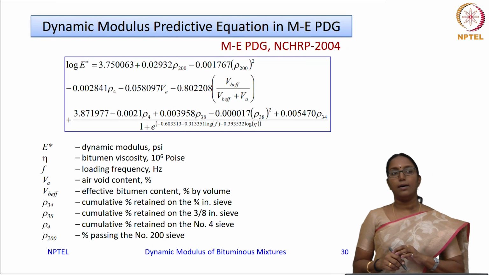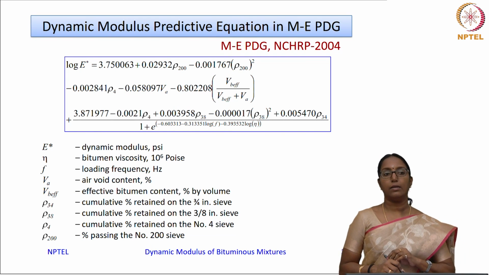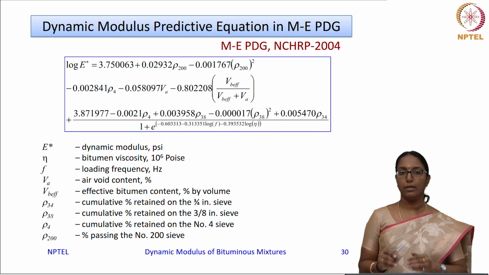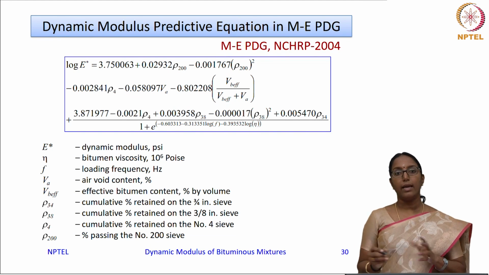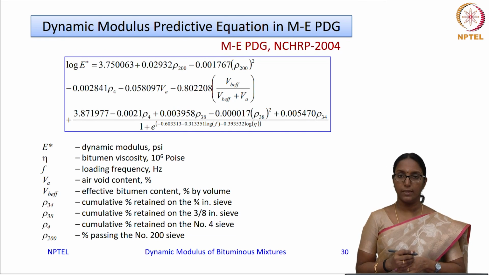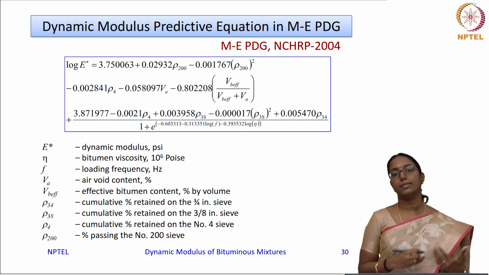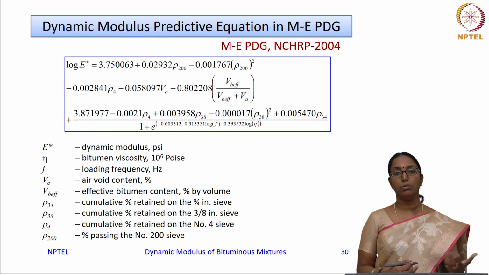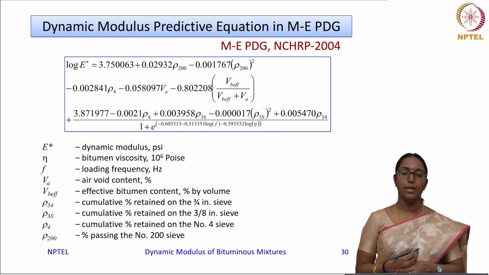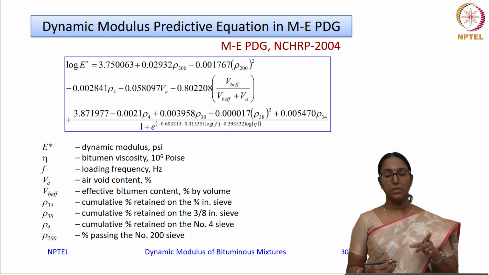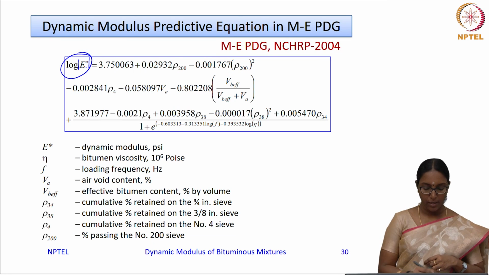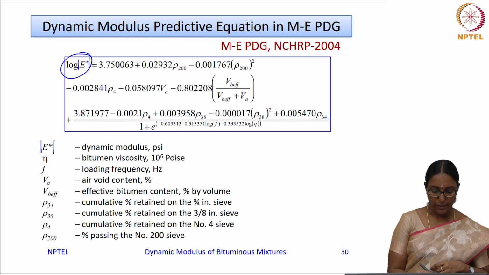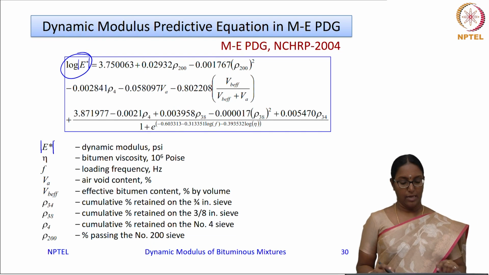Now, this is how we estimate the dynamic modulus and phase angle of the material in the laboratory. In MEPDG, they also suggest that if this testing setup is not available, you can go for a predictive equation. They have provided a predictive equation to find out the E star value. This is actually the mod E star value, or the dynamic modulus value. So, this is dynamic modulus, though it is written without the mod lines.